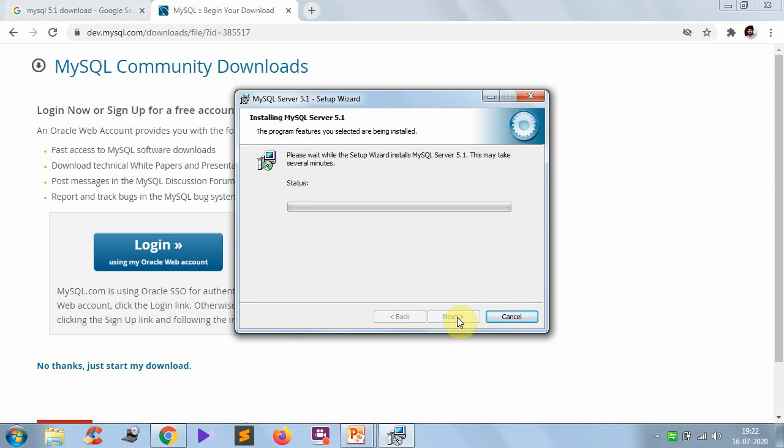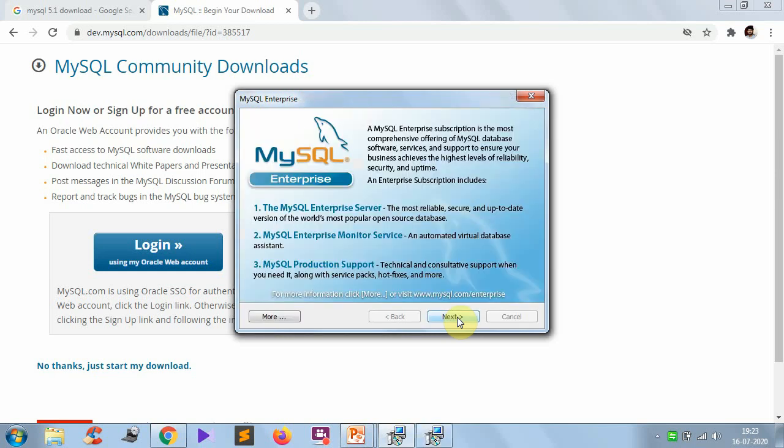Wait until the installation is completed. It doesn't take too much time, hardly 1 or 2 minutes. Almost completed, copying new files. Installation has been completed.